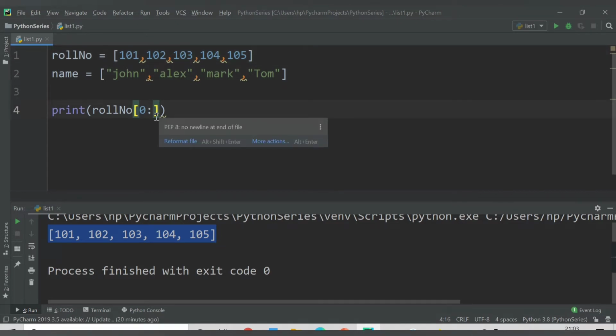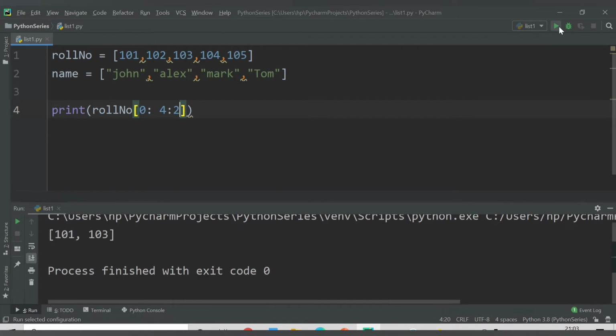So let's say I want to get it till the last position. Here I will need to provide 4, and a third number you can also provide, which basically says in the gap of what numbers you want to print. Let's say I want to print in the gap of 2 numbers. Let me run this first.